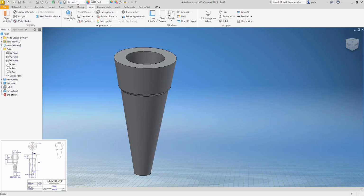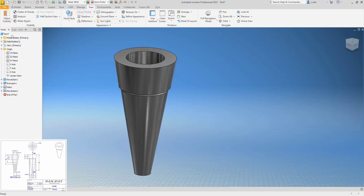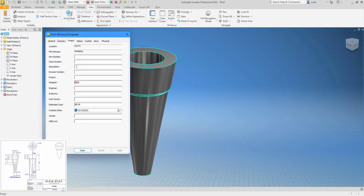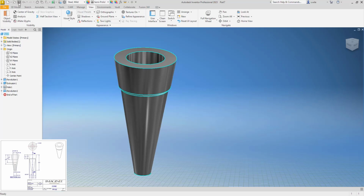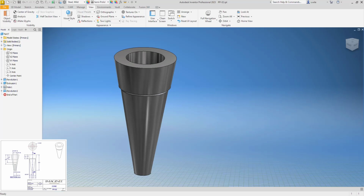This is mild steel. And give it a description. That is PP02. PP05